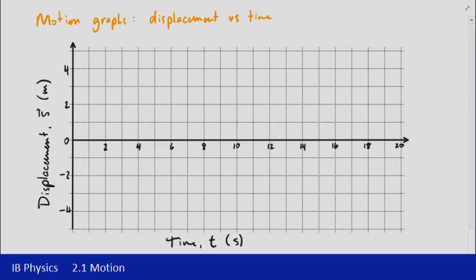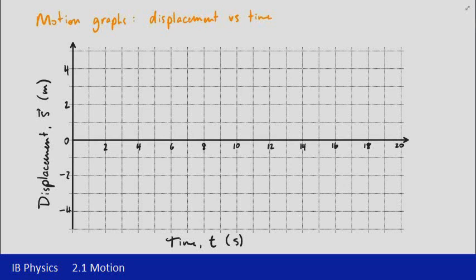Continuing with our look at graphs of motion, we're now going to look at displacement versus time. You'll notice with this graph now the horizontal axis, I've actually moved it up into the middle of the graph so that we've got both a positive displacement and a negative displacement. The reason for that is that now whether it's positive or negative becomes important. With a distance versus time graph, the distance will always be positive. For displacement, we can now have a negative displacement, so we need to make sure we can have a negative